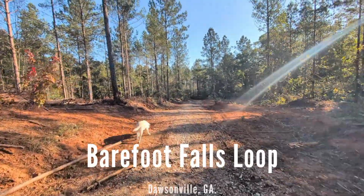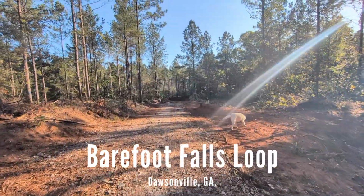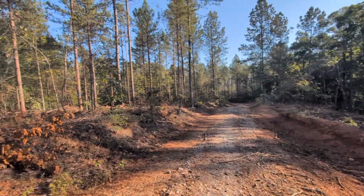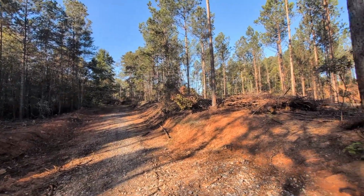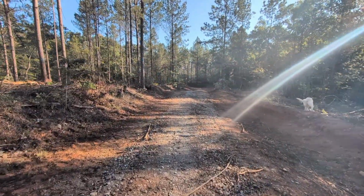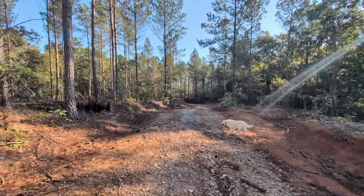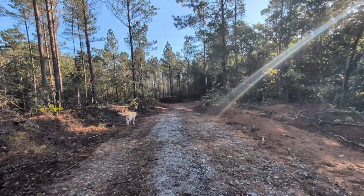Okay, back on the trail. Godfrey and I are at the Barefoot Falls loop, and this is the beginning of the trail, but there is some heavy logging being done right now. So this looks like a Forest Service road. I don't know if we're going to encounter any people logging. I did see some trucks on the way in,